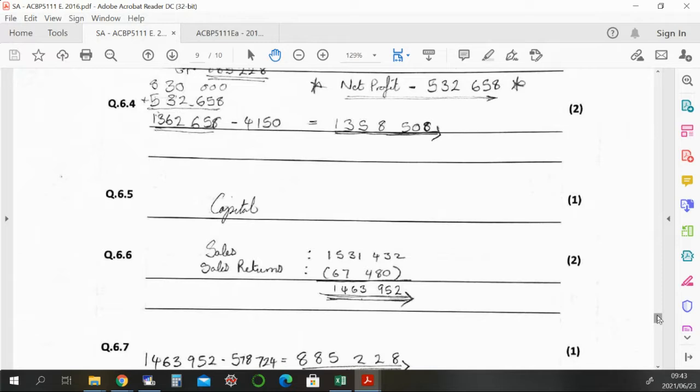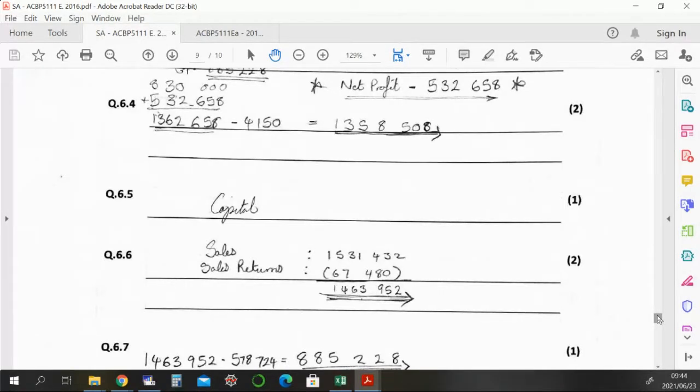Okay, they didn't ask us to calculate that, but that 885,000 should be there. Okay, then we can go to 6.8. This is easy because all you're doing for 6.8 is looking in your post-adjustment trial balance to see what account had the amount 29,382. And you know this is on the debit side, so you know your expenses are all on the debit